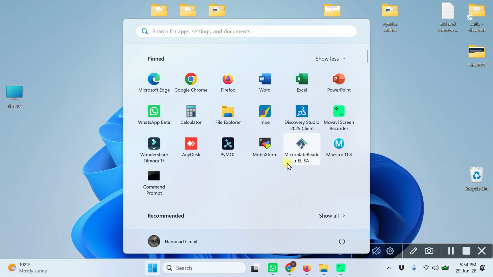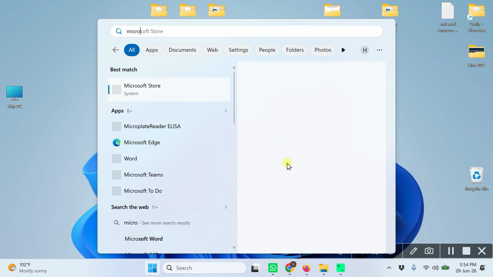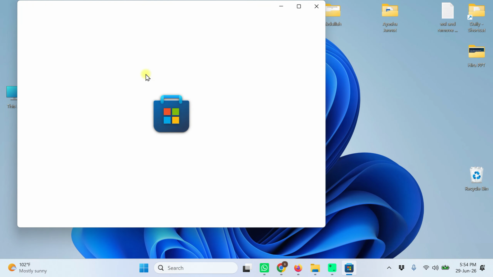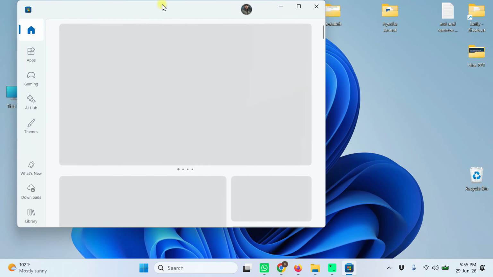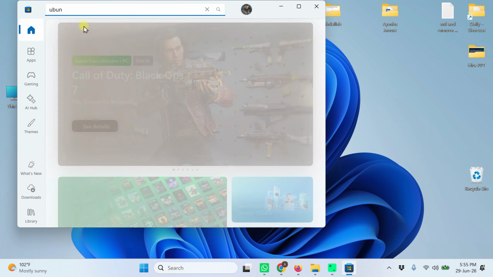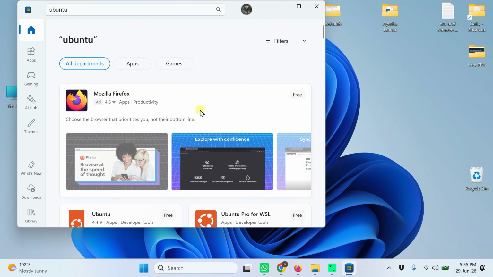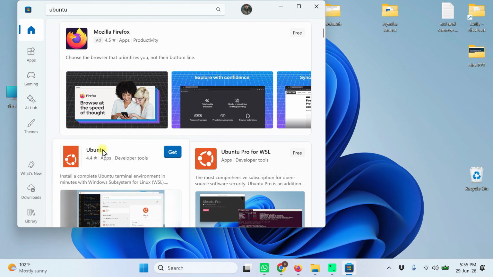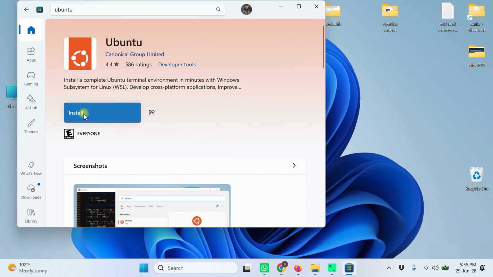Now, go to the Microsoft Store. In the store, look for Ubuntu. This one is the Ubuntu, the latest version. Click on it and click on the get or install button. It will install WSL on your system. It will only install WSL once you have enabled the virtualization as I have mentioned previously. As it continues installation, let's go to the other tools.